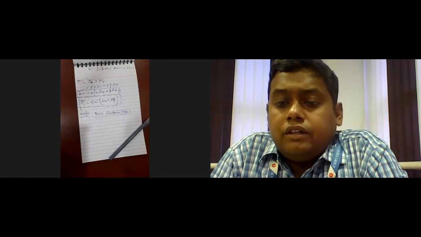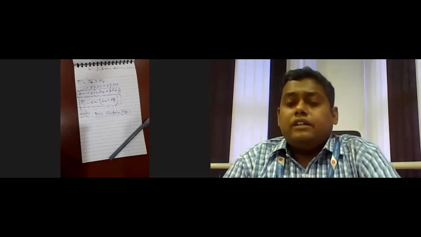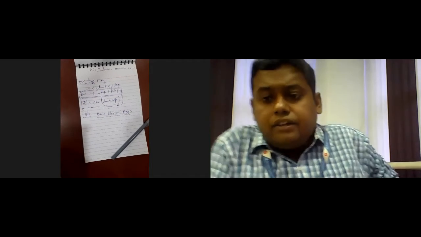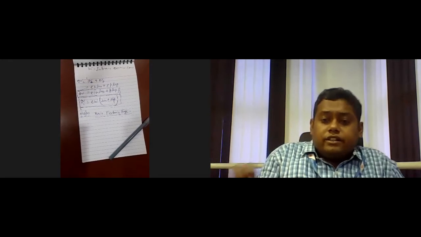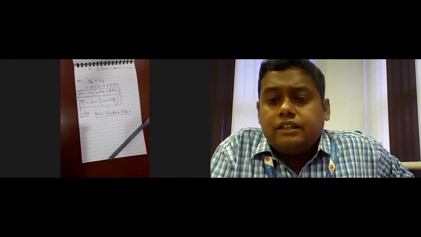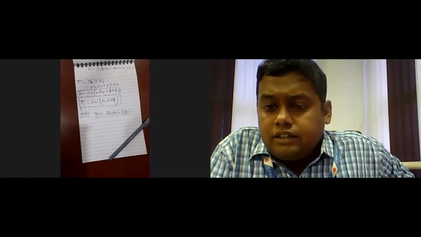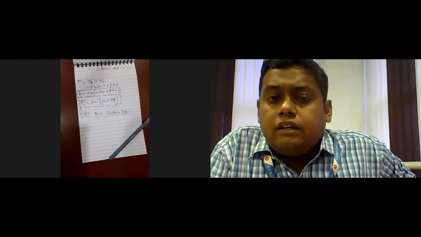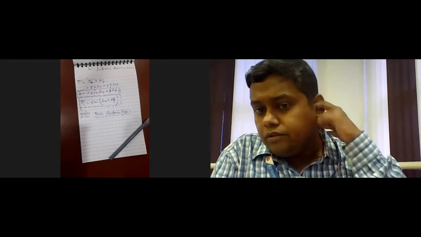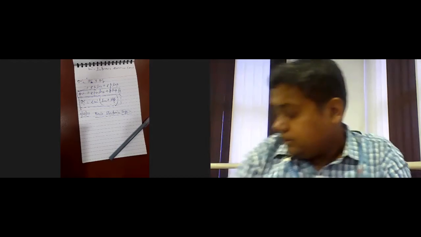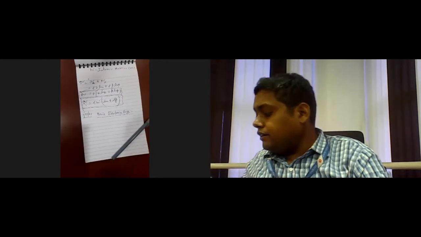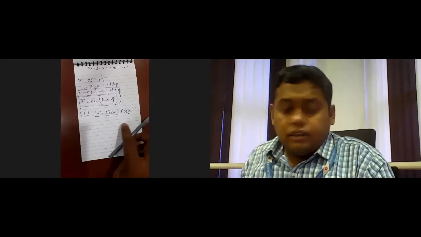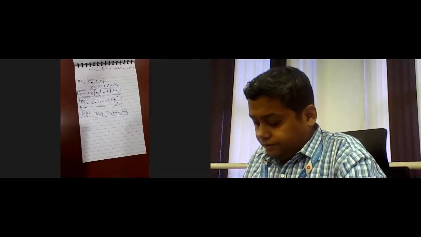We also introduced the drift current density, or the drift velocity, which is generated when an electric field is applied inside the semiconductor material. How the drift carriers are introduced and the drift current density I already discussed in the last session. We also wanted to focus on the diffusion current density, but due to the lack of time I could not explain it. So today we will introduce the diffusion current densities.